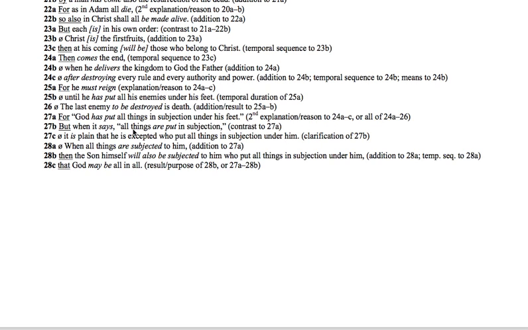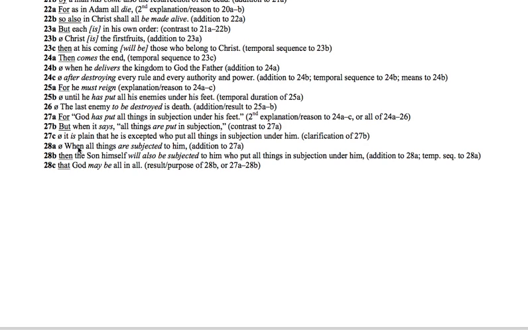Okay. Now there are some verbal ideas that we could sort of latch onto, but I think the main idea is that it is plain that he is accepted. So notice the ascendatin. I'm basically just saying that this is a clarification. So it is filling out the contrast, okay? And so we are further clarifying 27b, and 27b is contrasting with 27a. So we don't want to misunderstand what it means that all things are in subjection under his feet, as 27a says, right? And then carrying on, 27a, when all things are subjected to him, I'm saying that there's a ascendatin